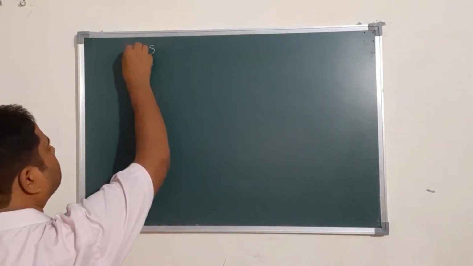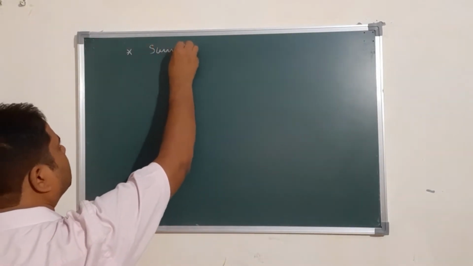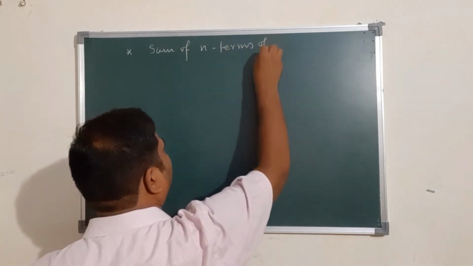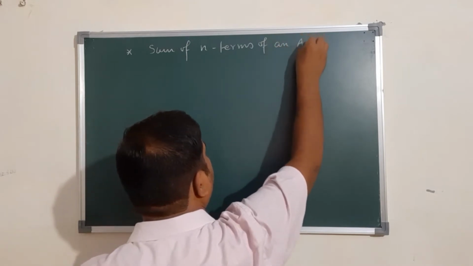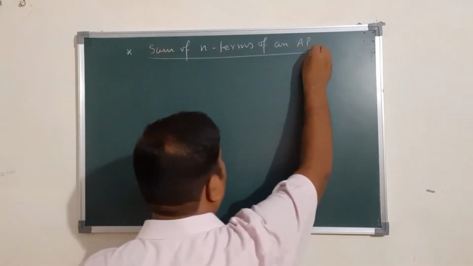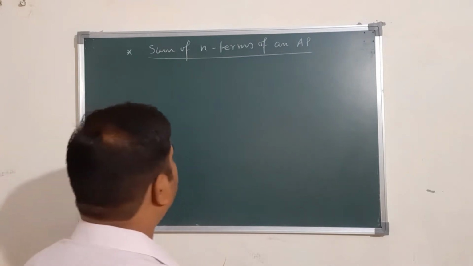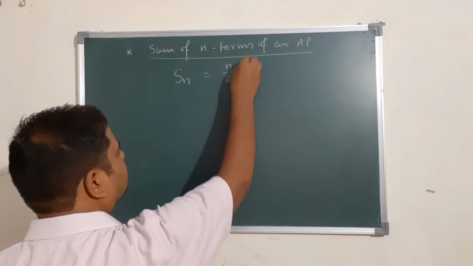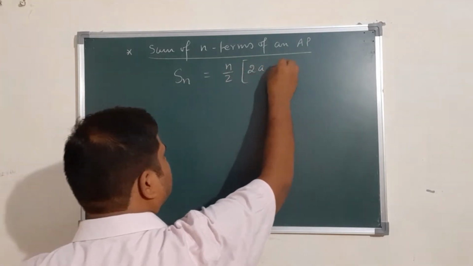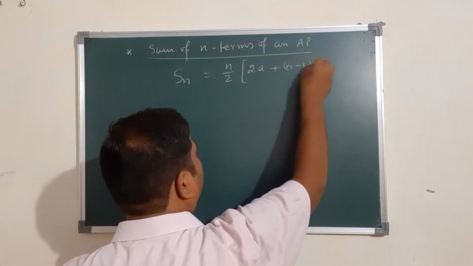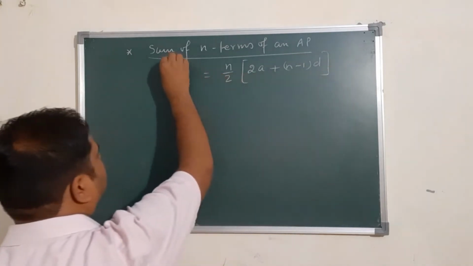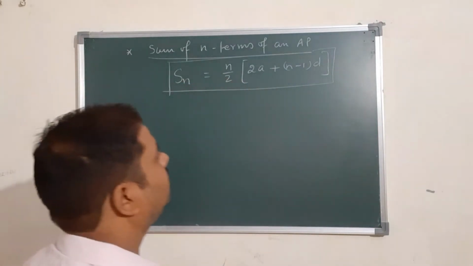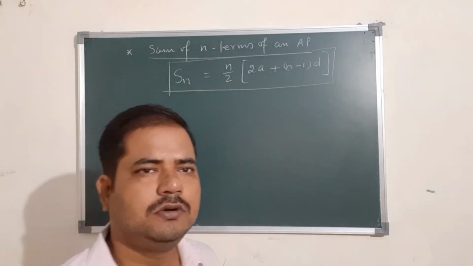Sum of n terms of an AP. So sum of n terms of an AP is given by Sn is equal to n by 2 into 2a plus n minus 1 into d. Sn is equal to n by 2 into 2a plus n minus 1 into d,